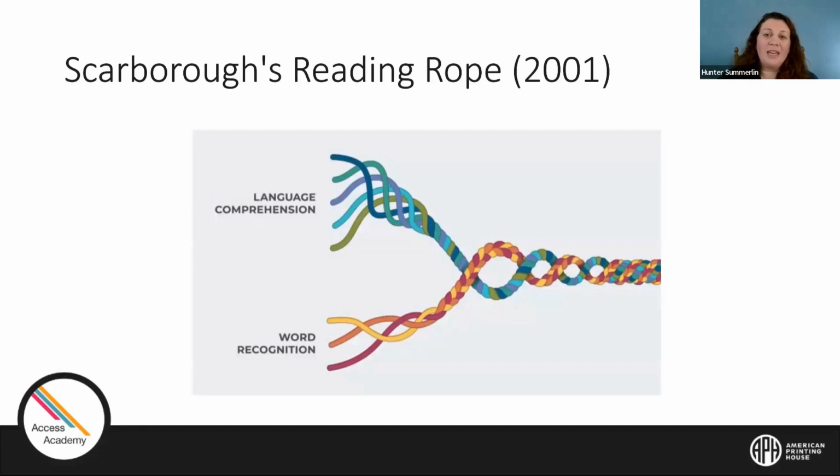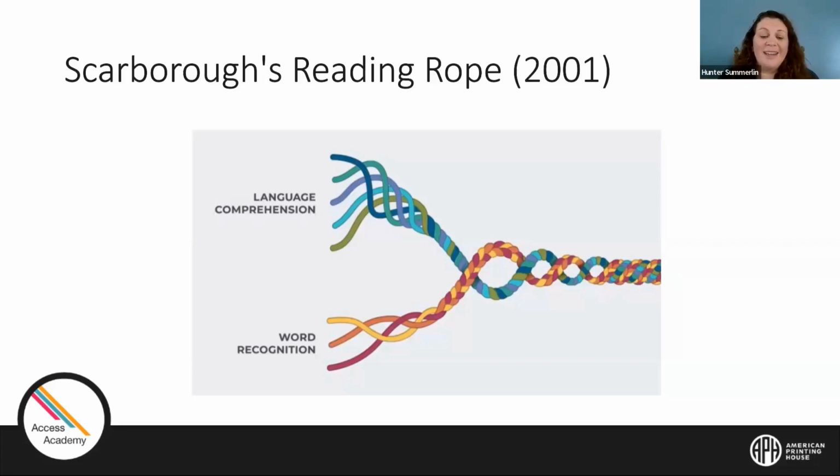Scarborough's Reading Rope is a conceptual tool that allows us to gain an understanding of the interaction of language comprehension and word recognition to then create skilled readers and reading comprehension. So here's a graphic. At the top, you will see individual strands of, you could think of it as twine or rope or yarn. So you have individual strands and they're being twisted together. And at the top, it's labeled